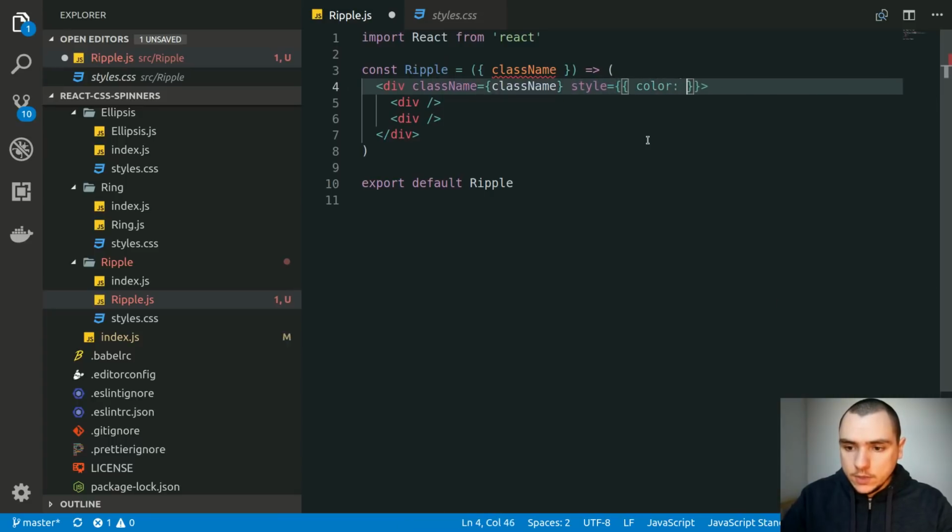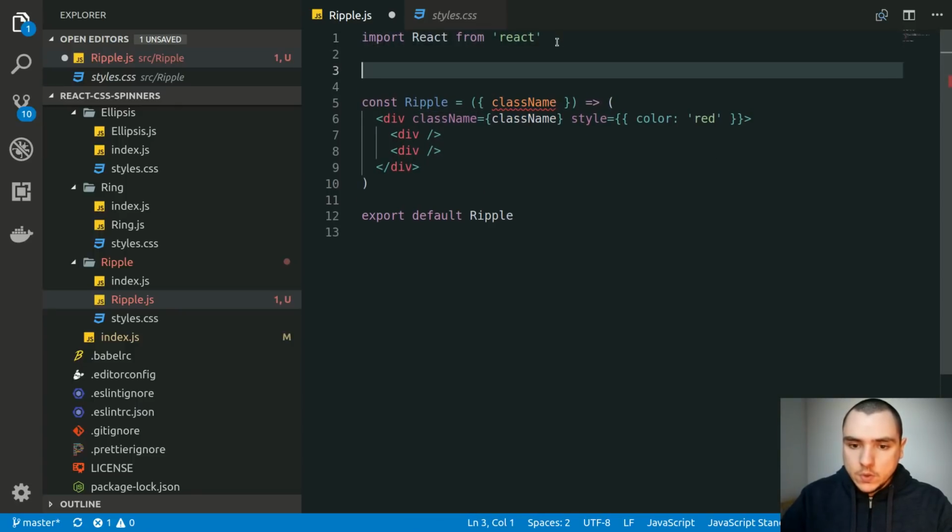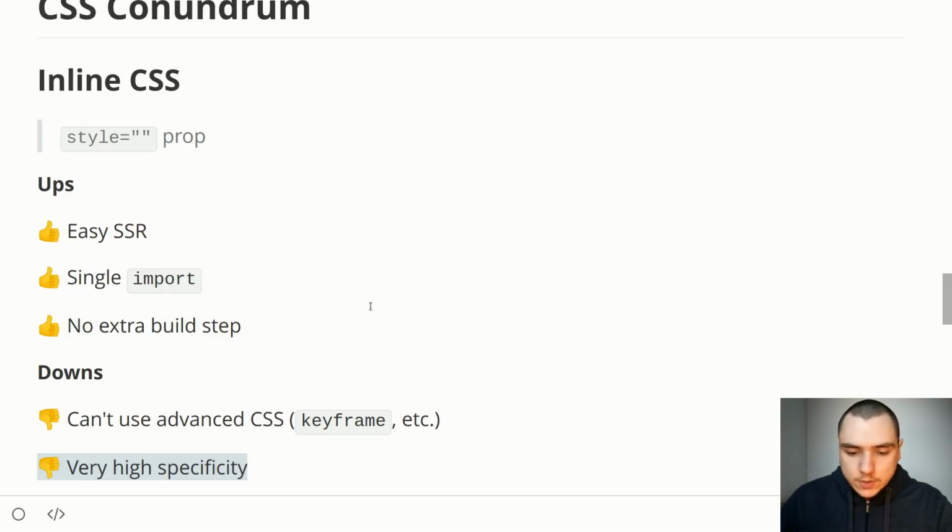So the color, for example, specified in these styles will overwrite the color that is attached to the class name. And so this is what I mean by the highest specificity. It's because the styles object will overwrite everything. And if you do intend to overwrite it through a class name, you'll have to also use the important attribute in CSS. And so it's not the best option for those two reasons.